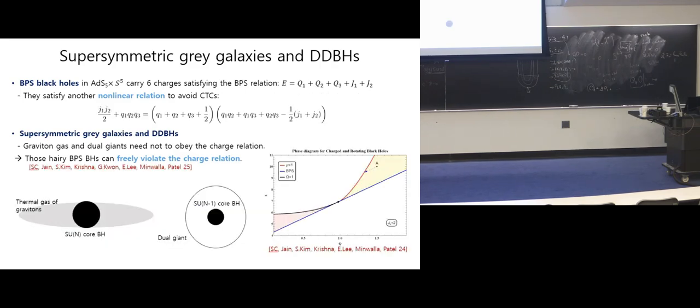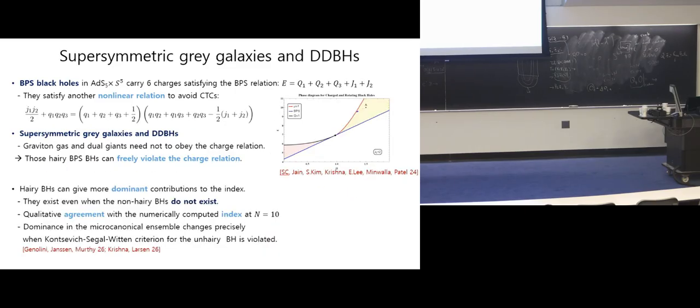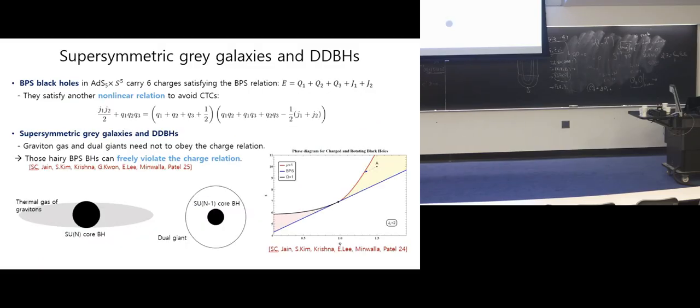So, yeah, the final comment I want to make is that when we construct this type of gray galaxies, we were inspired by the SU2 operator spectrum, the behavior of fortuitous operators. But we don't see any signal of these dual-dressed black hole type operators in SU2 theory. Why is that? So, yeah, schematically, these 2 hairy black holes look like this.